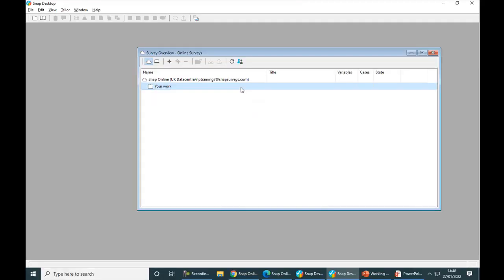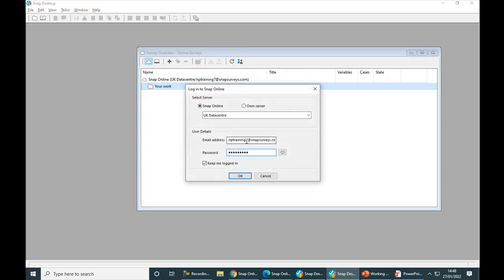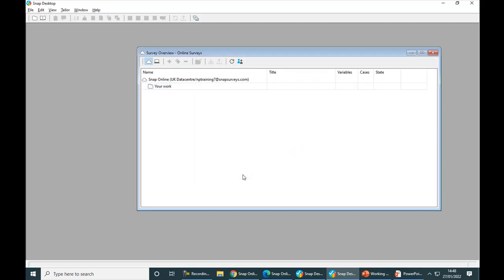Let's begin with a nice simple situation where we perhaps just have one user within an organisation, so no other users at that company, and it's just a case of creating folders which make sense to that individual user. So first thing just to remind everyone is that we are logged in to Snap Desktop, so if I go to the account icon you can see that I'm actually logged in as NP Training 7, and if I click OK, and then it's just a case of going into your work, which is the default folder, and potentially creating